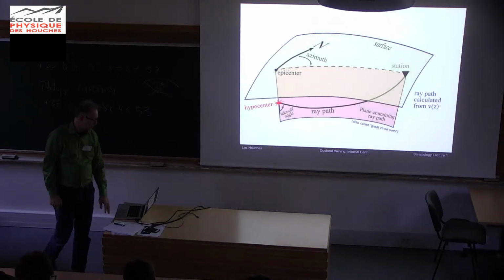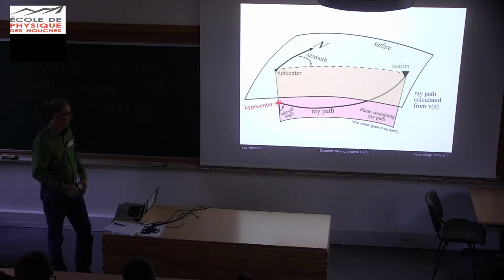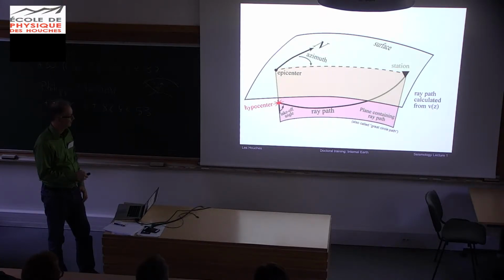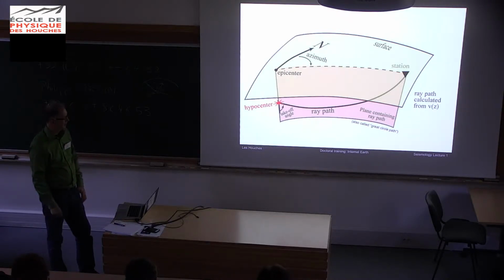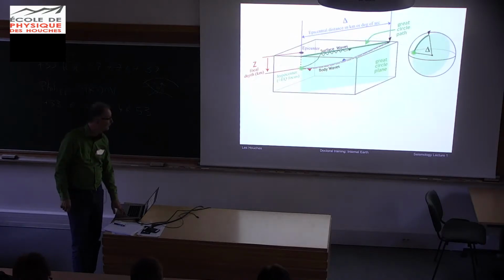There's a few other things and some of this stuff is just for your reference, right? So again, takeoff angle. If you know this angle from any spot, in this case, hypocenter is where it starts, epicenter is at the surface. You can predict where it's going to end up. And we often talk about the Great Circle path or the Great Circle plane, the plane containing the Great Circle path between the earthquake and the receiver. And it's just calculated simply from the velocity depth distribution.